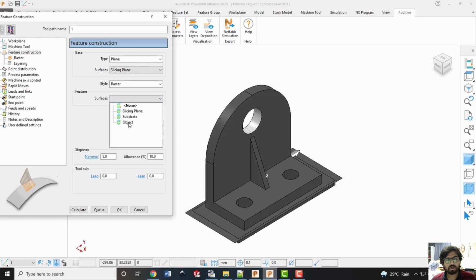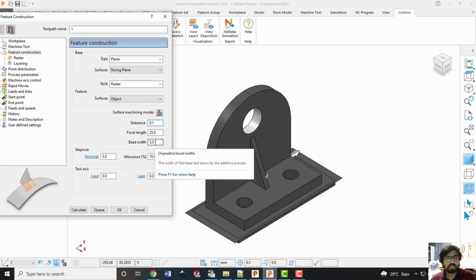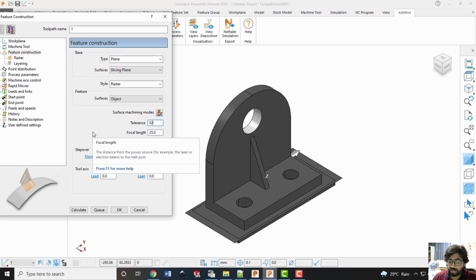So I'll select the object and other parameters like the tolerances. Tolerance means nothing but the deviation of your generated tool path from the desired one. So let us keep a high tolerance of 0.01. Focal length is nothing but the distance between your head and the melt pool.